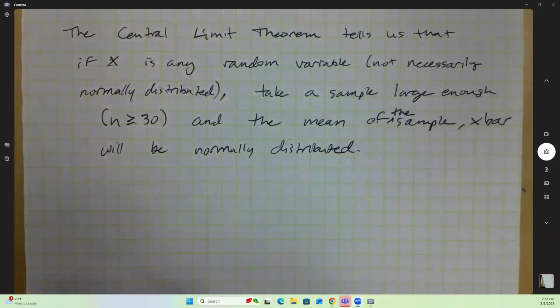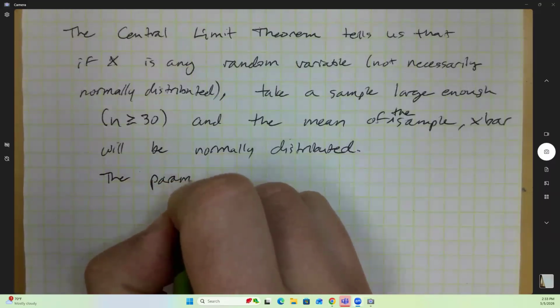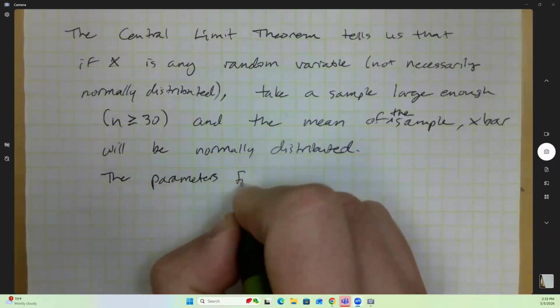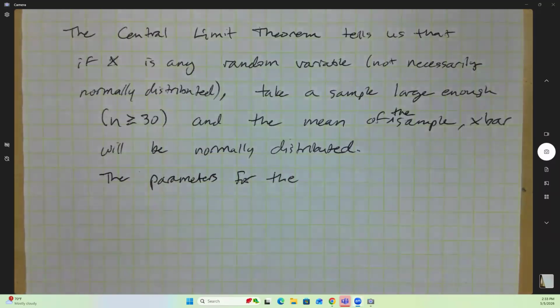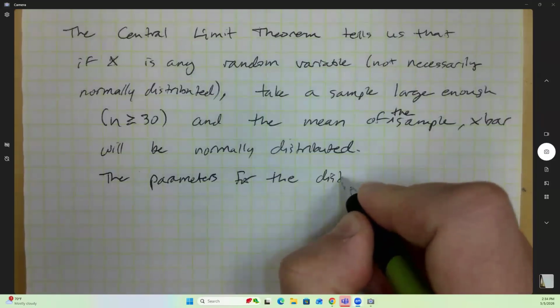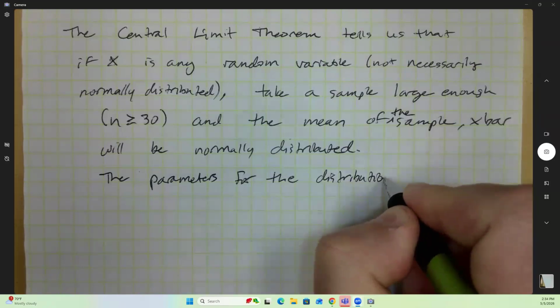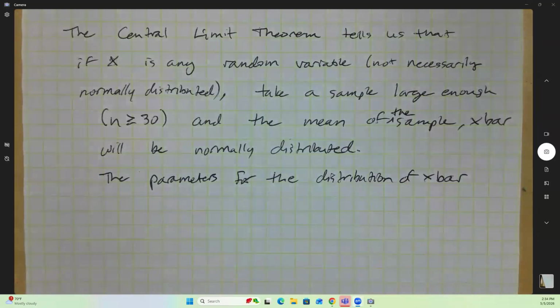And any normal distribution has two important parameters, the mean and the standard deviation. The parameters for the distribution of x bar, no longer an individual observation, but of a sample mean,